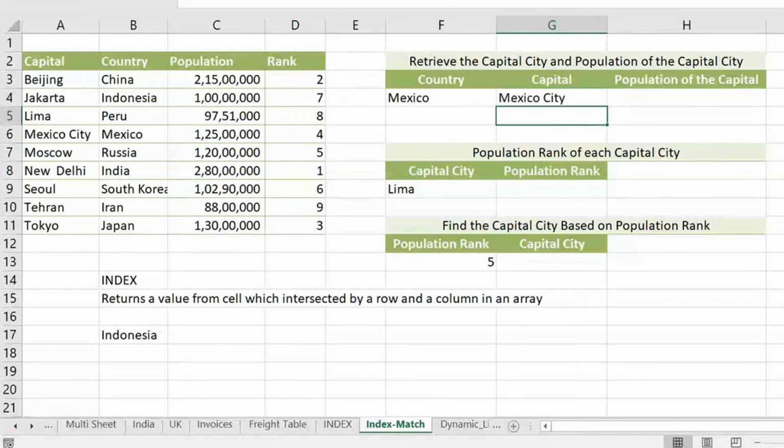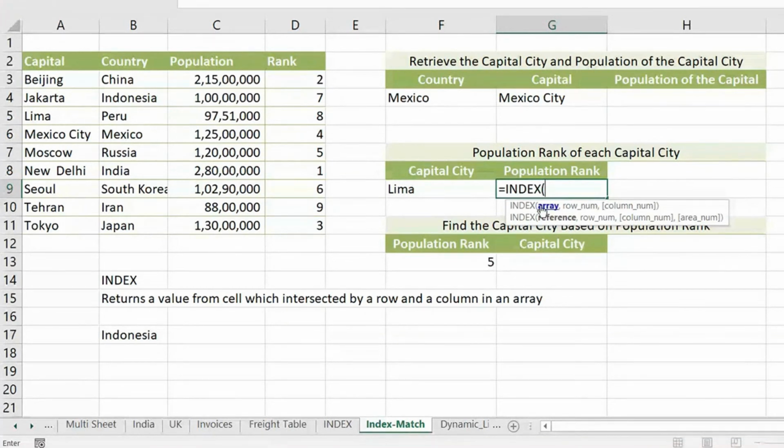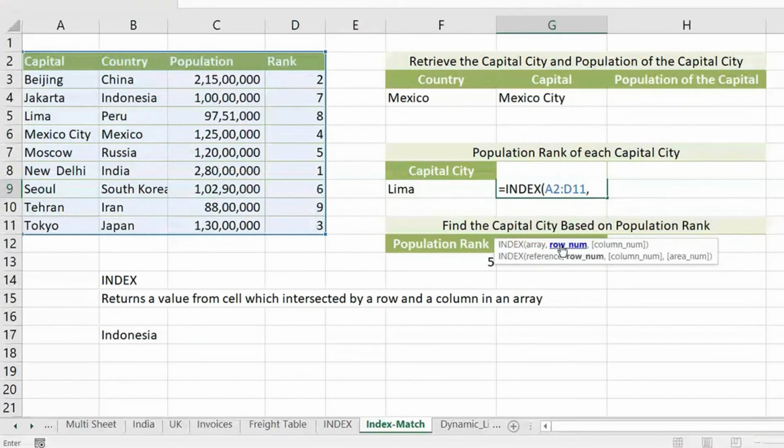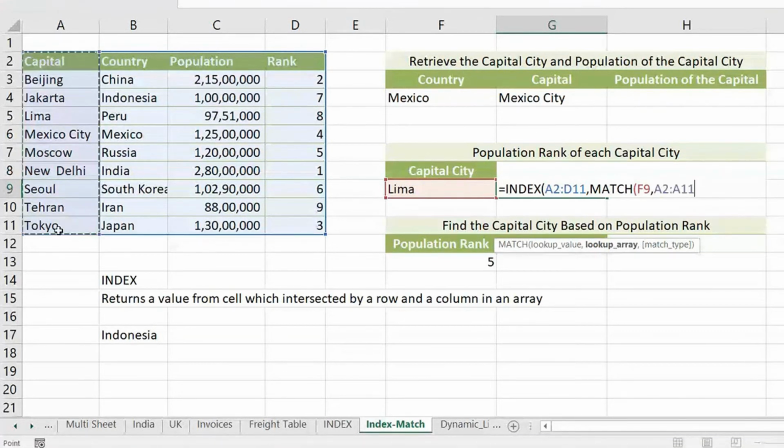Okay, I'll do it for getting the rank based on the city equals to index. It's really simple if you have understood properly. Look at array, whole array. Don't bother about where is your data to be searched or brought. Take the whole table. Comma, row number. Row number is a mechanism which I told you based on your searchable value. So I'll write match. So every time you write match in the row number part, match what? Match what you are searching, comma, city in city column. That is the logic you have to understand here.